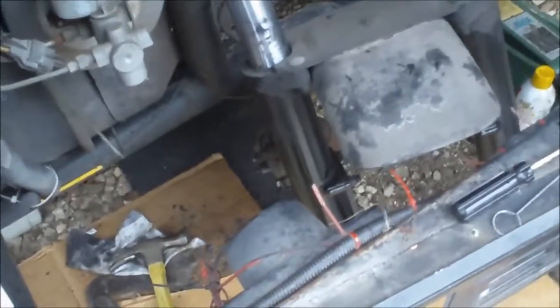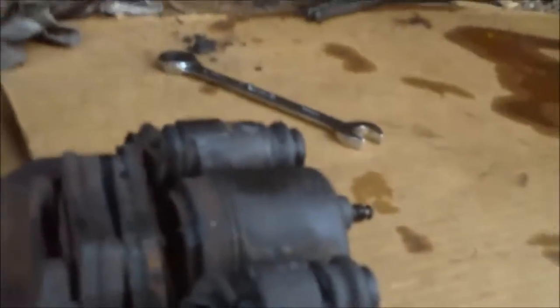So it's starting to get dark. We're going to do as much as we can, but tomorrow it rains. If I don't get it back together tonight, it'll have to sit another week. So we're still working. Alrighty, so we ran into the problem where this glide was seized inside the cylinder